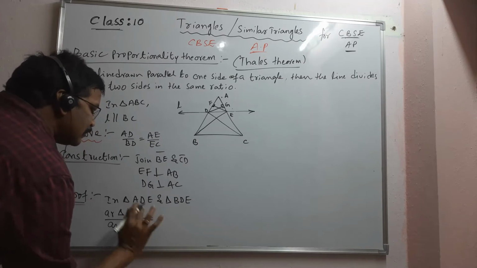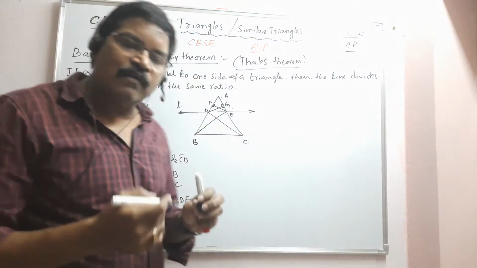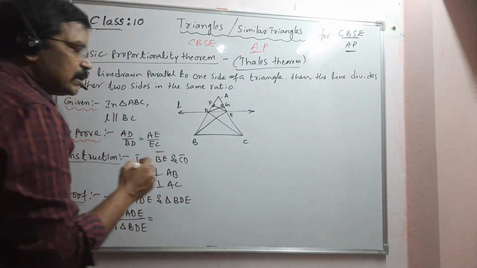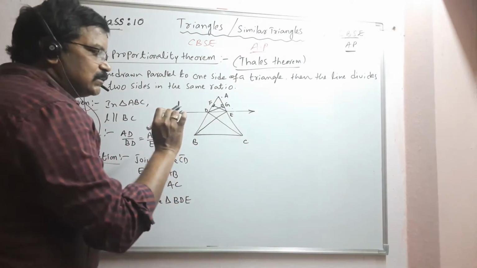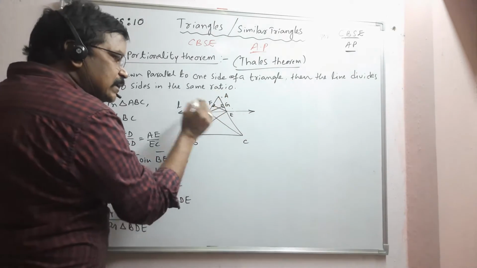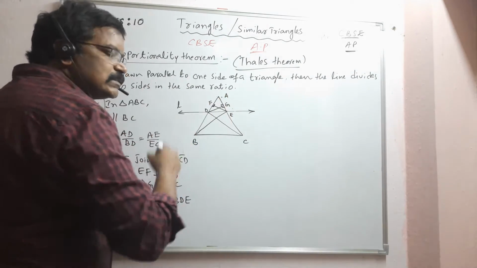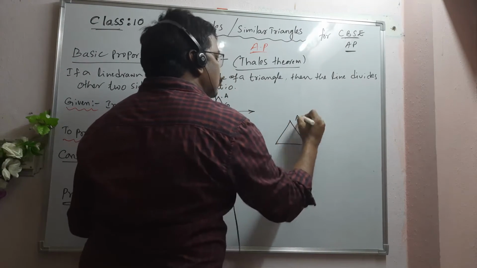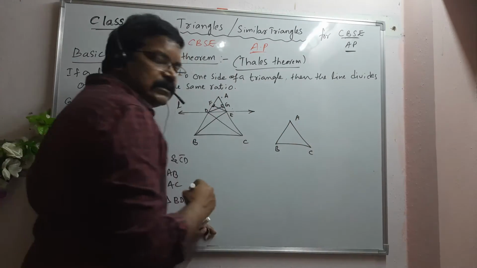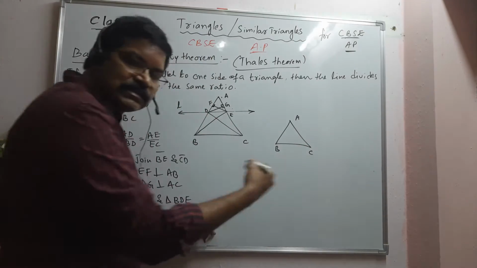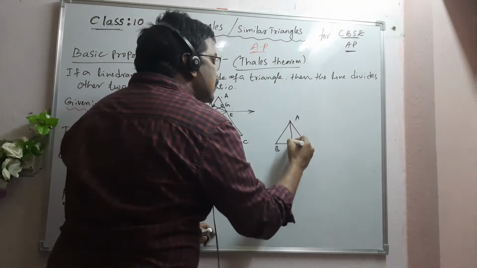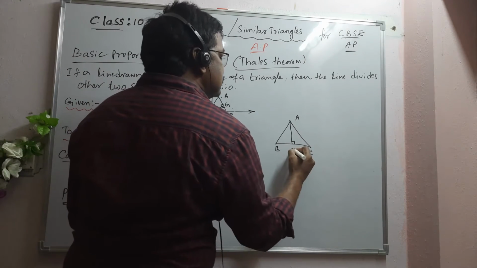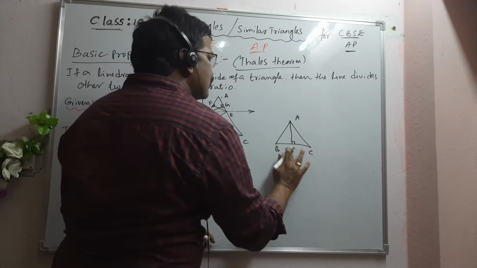What is the area of a triangle actually? Half into base into altitude. Here in this ADE triangle, the base is AD and altitude is EF. I will explain here. Just look at the board and see here. BC is the base and this is an altitude. Just imagine this is some E or D.